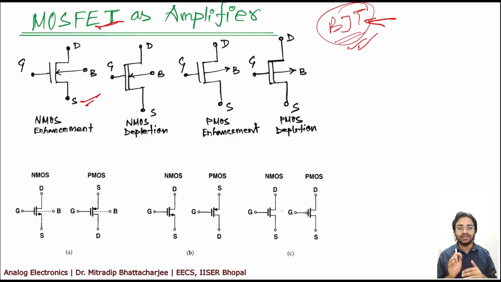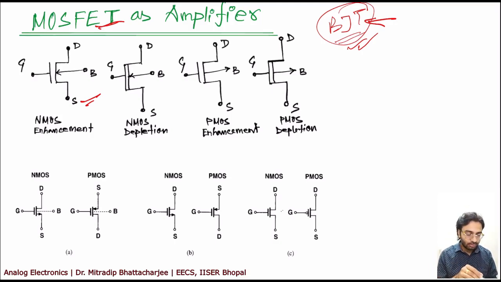So knowing both the devices is very important. I would say even if BJT is not there in the market, a time may come when BJT will not be there, but then also you should learn BJT because BJT is a current control device and MOSFET is a voltage control device. So it will cover both aspects, current control as well as voltage control. Who knows, maybe in future you will get another current control device which is better than MOS. I mean it may happen that a current control device, if at all something comes up, is also good for digital, then it will be the best possible case.